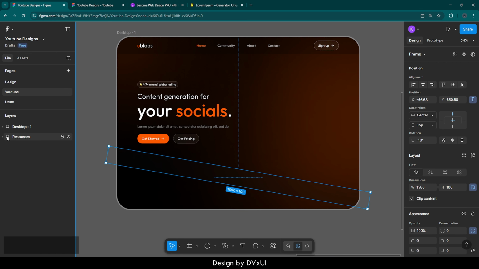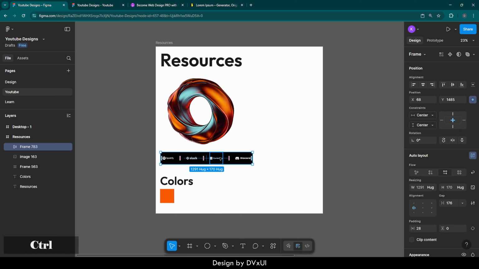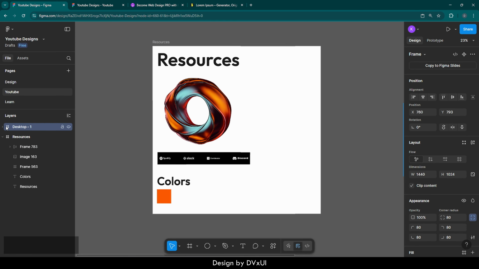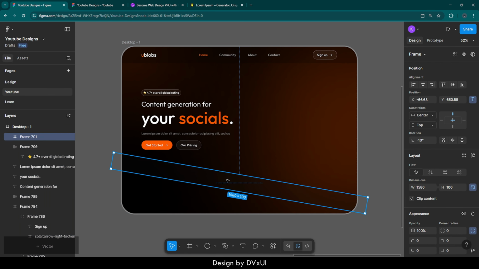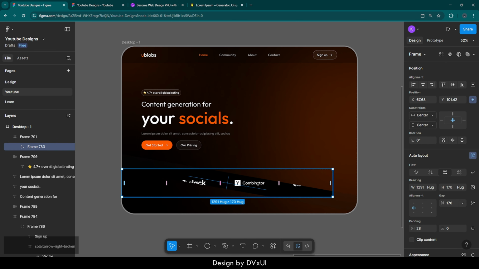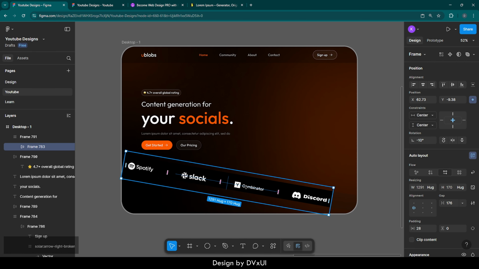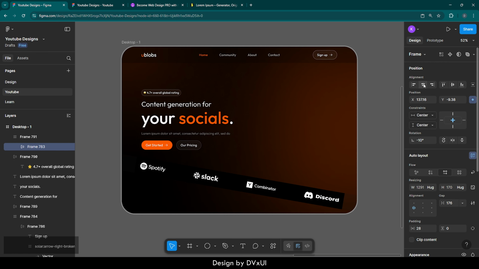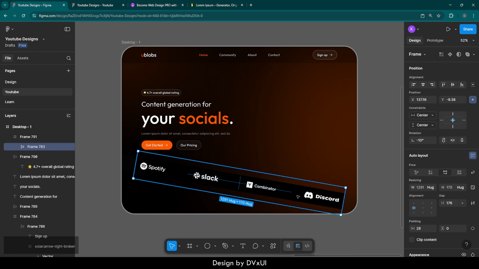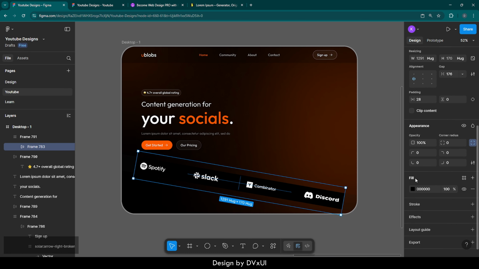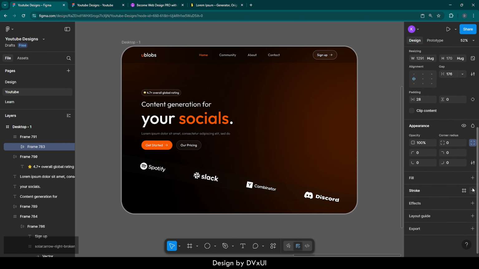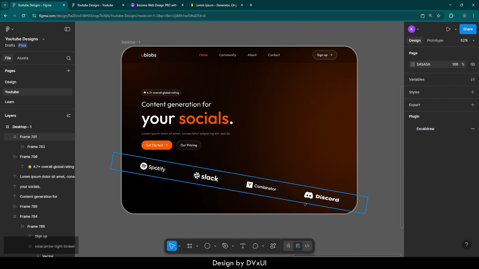So close this one, go to resources, copy this one, go to desktop again, select this frame and drop my logos. Perfect. Now let me also provide it minus 10% of the rotation so that they will be clearly aligned. Place it at the middle. Alright, but now it has this black background which I need to remove. So I can remove it from here. Just remove that. Perfect. So one bar is created, but now I need another one over here,